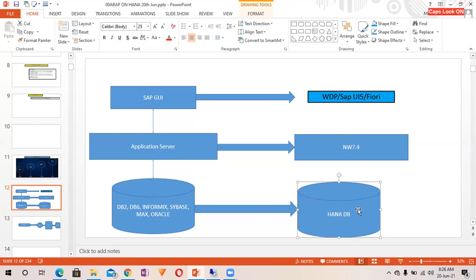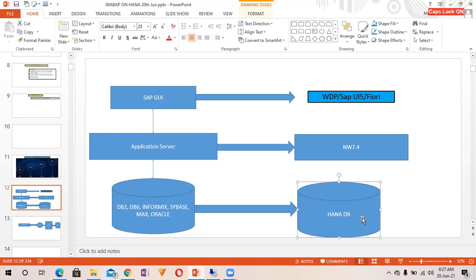So going ahead, at this point of time, just understand that this HANA DB is installed at RAM. It has a multi-core processor and it supports multiple bits, like 64 bits of processing. Because it's installed in RAM directly, has a multi-core processor and supports multiple bits, it is very, very powerful.